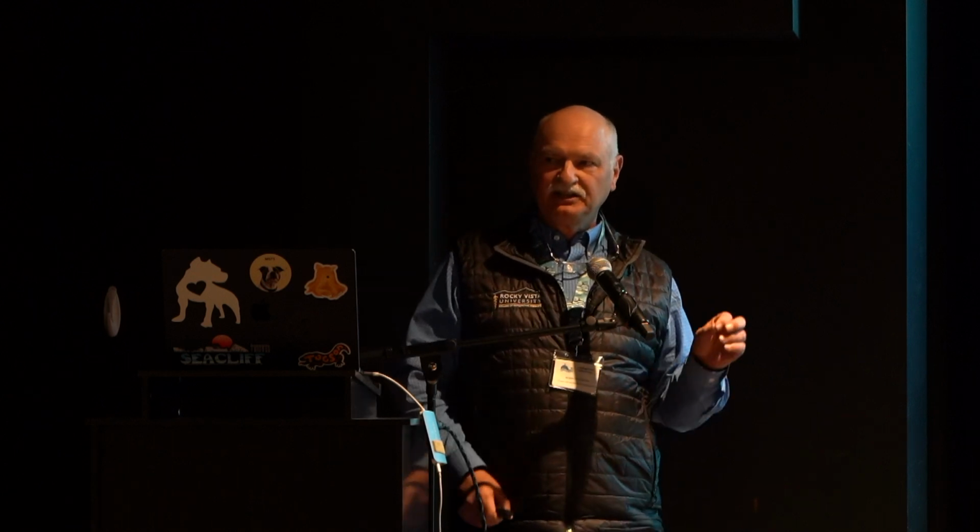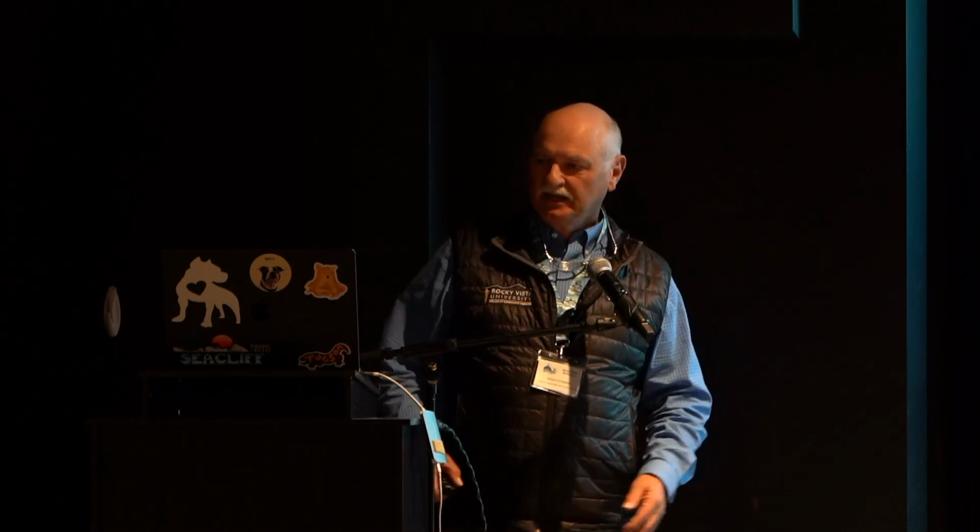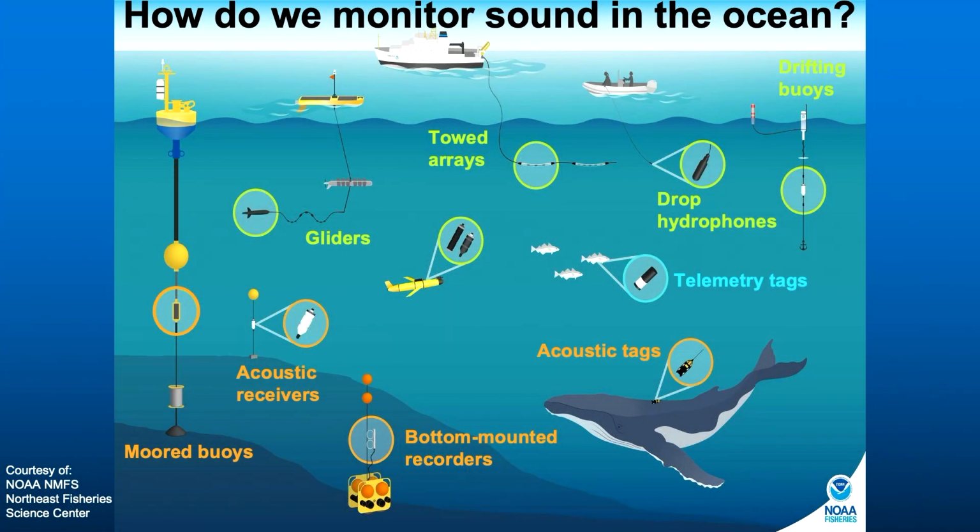And we think that they used some sort of high frequency sound to clean their hulls from biofouling, things living on them. But we're still learning about that. Okay, so those are some sounds in the sea, and these are some ways that we listen